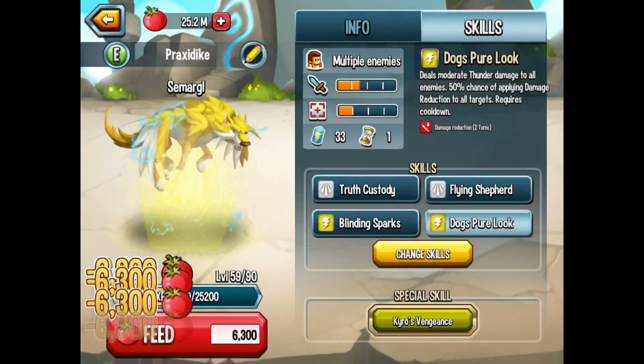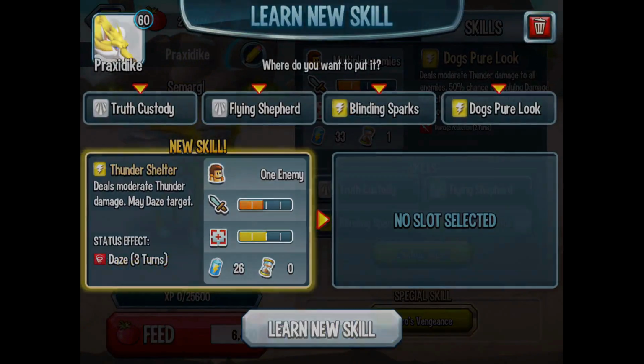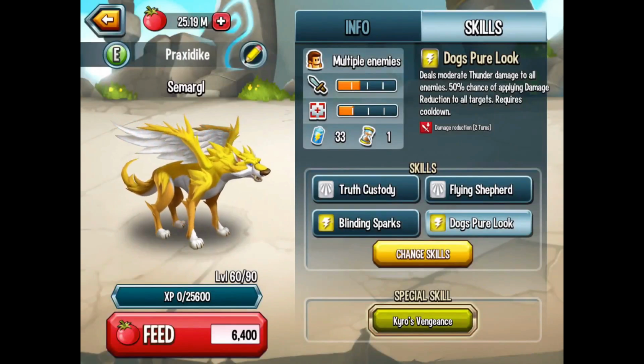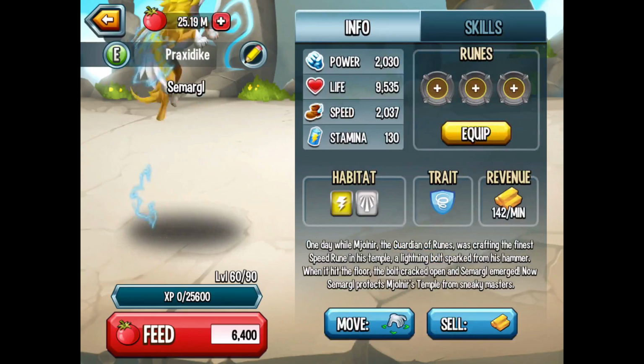That really did seem like it. Thunder Shelter. Yeah, they really want me to take that one. And it's a good skill. It's just I think the ones that I have are better. They're better. All right, so let's take a look at...